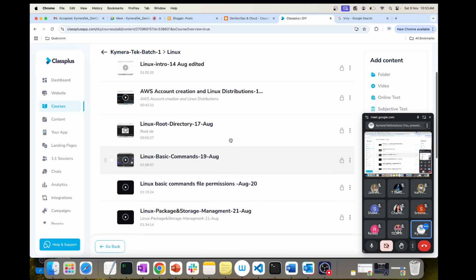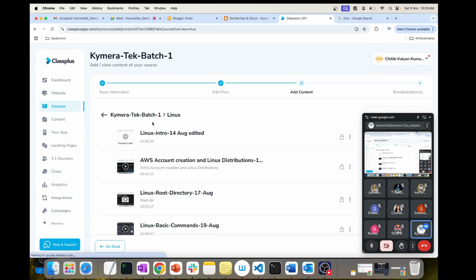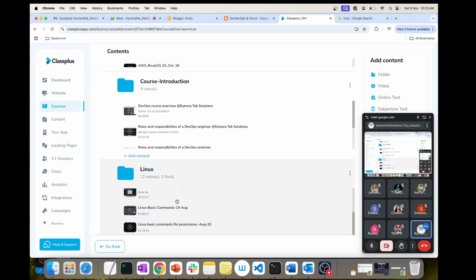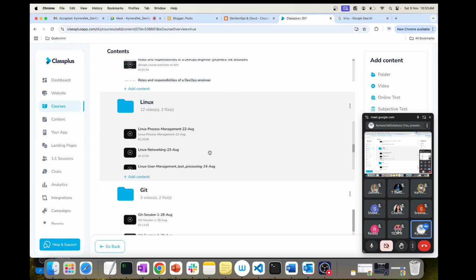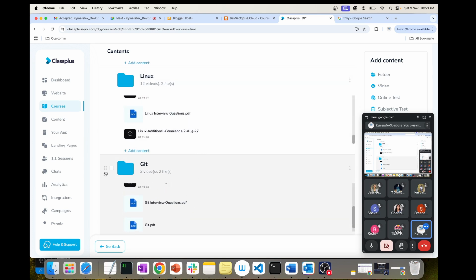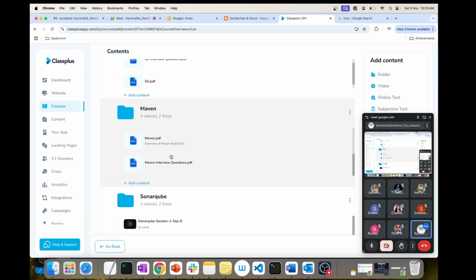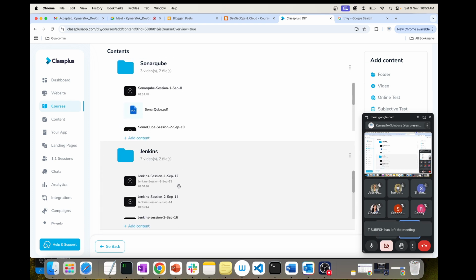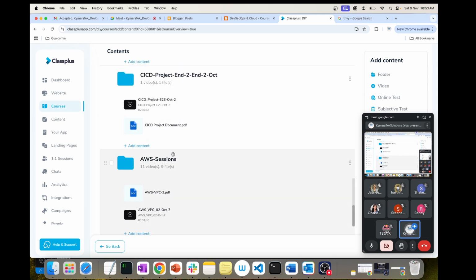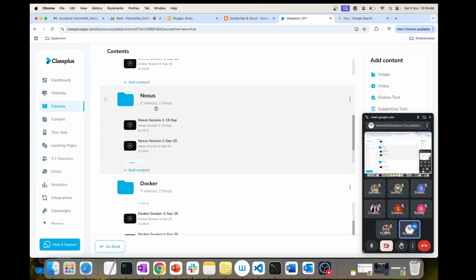Like I said, for each tool I will provide interview questions. If you see, Linux has its own interview questions, Git has its own interview questions, likewise Maven. So every tool has its own interview questions, and you can follow them, and I can guarantee you, if you go through those questions, go through the course, and practice it, by the end of the third month you can actually crack your own job. You don't need any support.